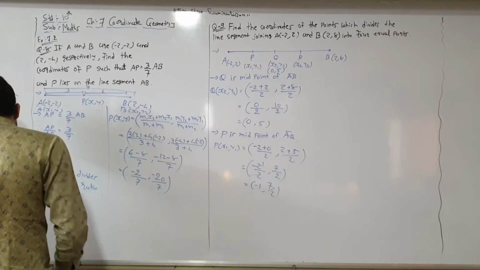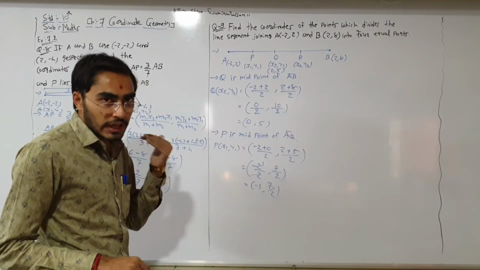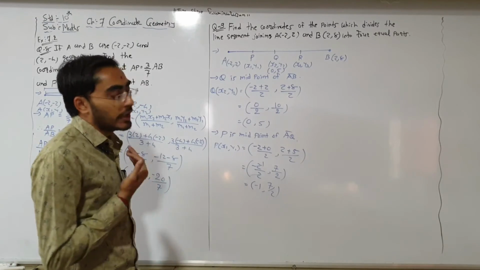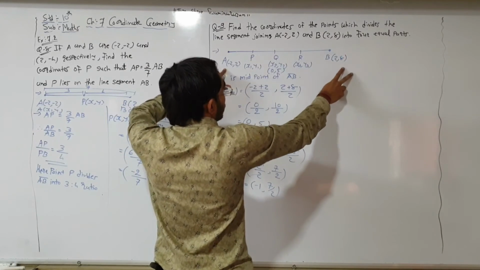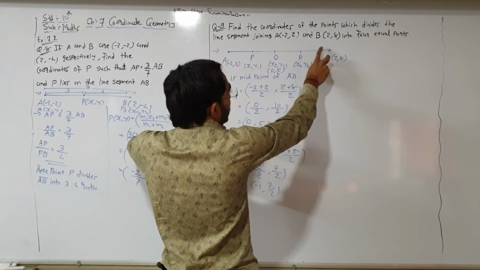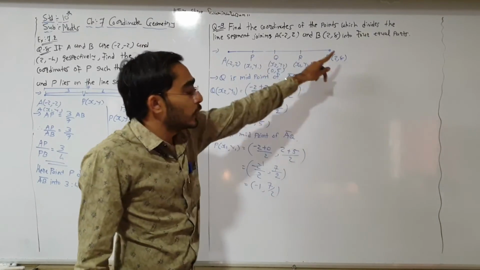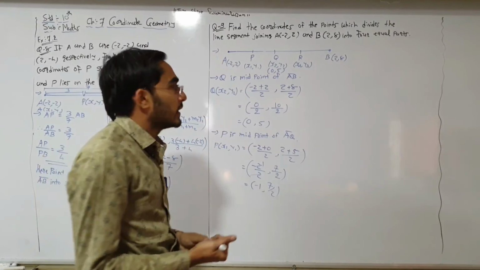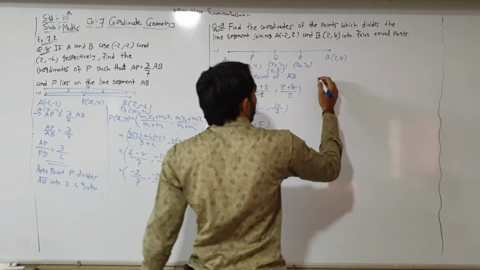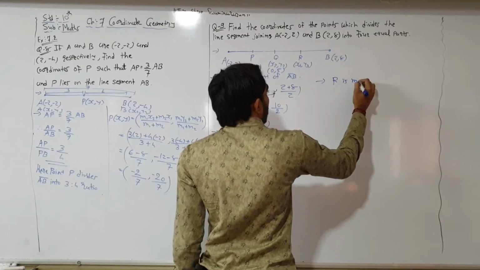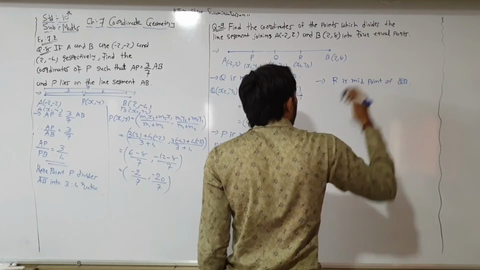So now we need to find the coordinate of point R. Now if we think for the R, right now for finding out the R we have lots of ways. If we use AP, then 3:1 ratio. If we use PB, then 2:1 ratio. And if we use QB, then 1:1 ratio. It means R is a midpoint of QB. Okay. Here R is midpoint of QB. Here one part and here one part. So we can write R is midpoint of QB.